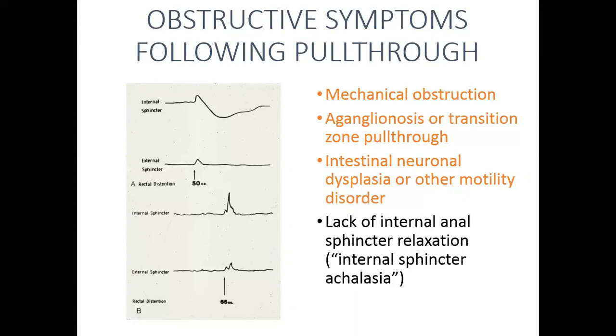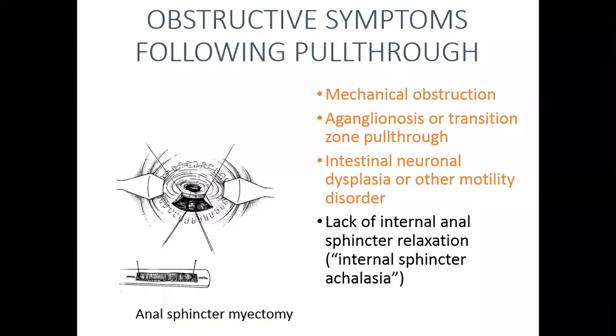When we say Hirschsprung's disease, we really should be talking about a child who has ganglion cells missing for some length of their intestine. If the only thing they have is lack of relaxation of their internal sphincter, then it's not, in my opinion, Hirschsprung's disease and shouldn't be called ultra short segment Hirschsprung's disease. A better term for that is internal sphincter achalasia. So how do we treat that? Well,